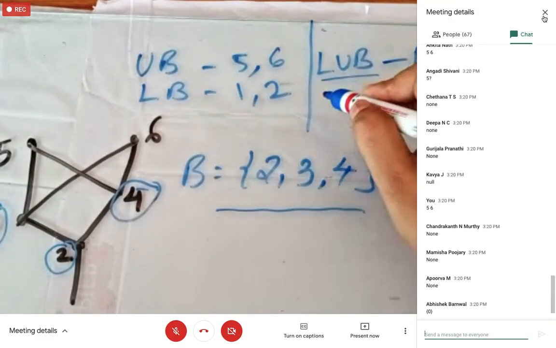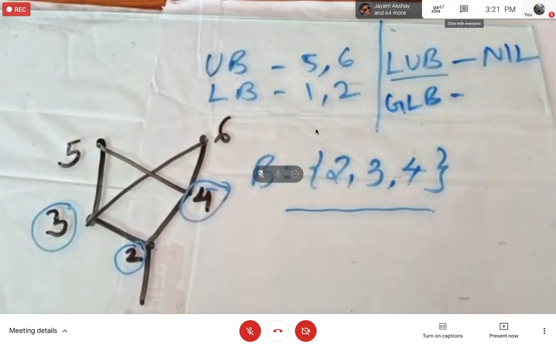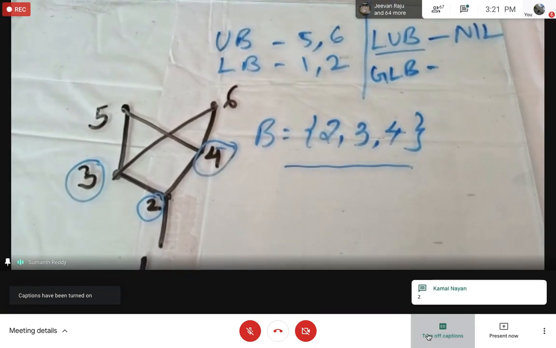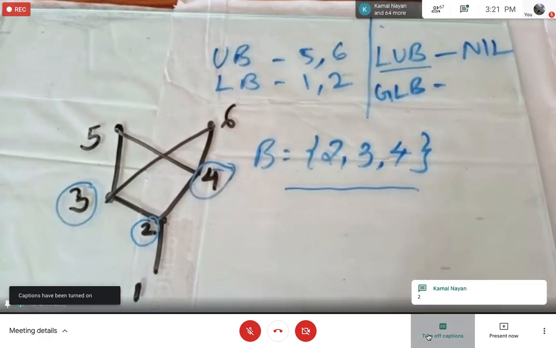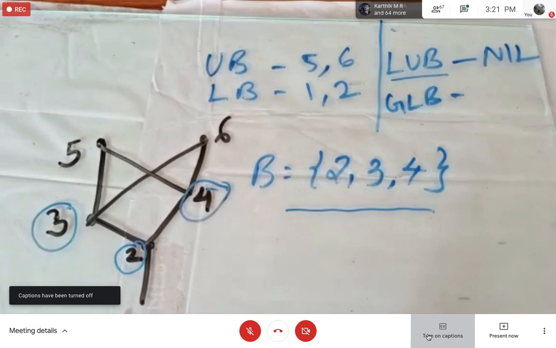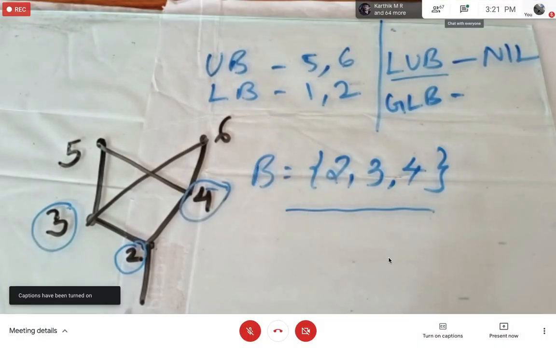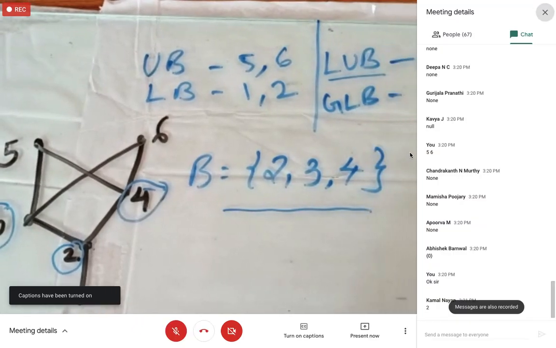Okay. So similarly, the greatest lower bound, I'll tell you the condition. So the first condition remains same. If I have to find the greatest lower bound, first of all, it has to be a lower bound element. And the second thing is, whichever the element you are calling it as greatest lower bound, that element should be related by the other lower bound elements. Fine. So based on this, will you make an attempt?